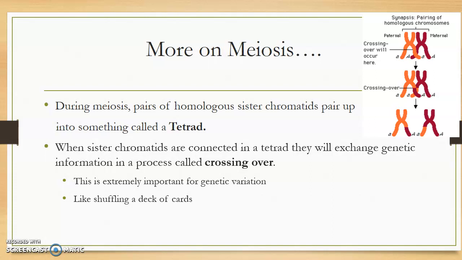And what that allows for is survival. If everybody had the exact same immune system and it killed one of us, well, guess what? It's going to kill all of us. And that is the advantage to sexual reproduction. It allows for organisms to have variation. Let's talk a little bit more about this.